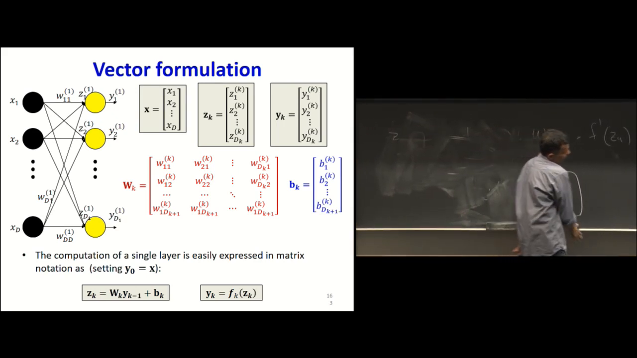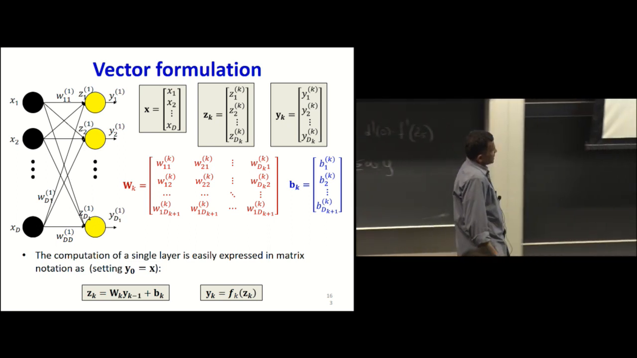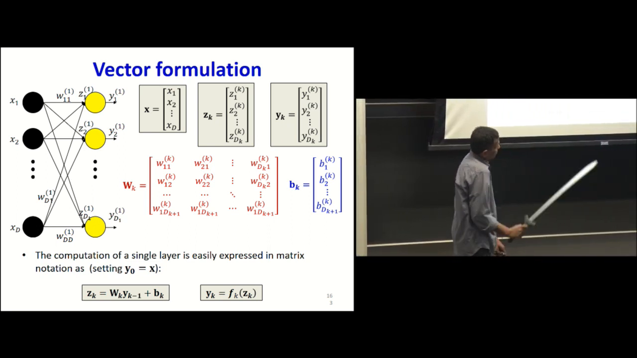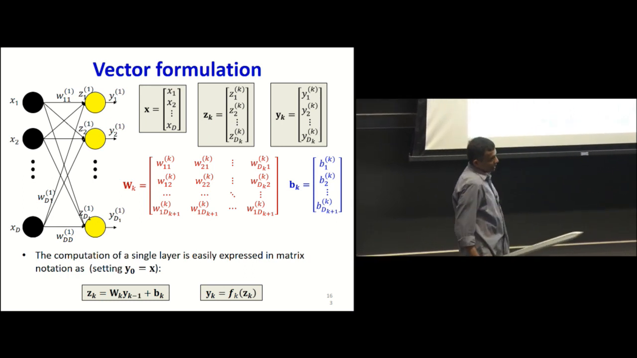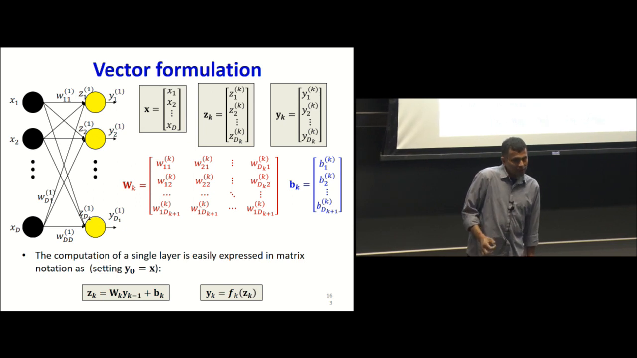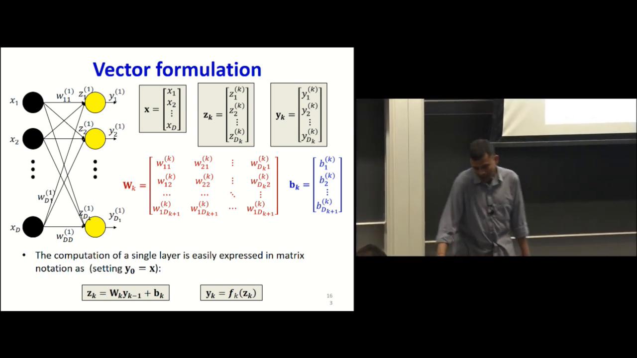In fact, I don't need to work it out. You will actually see that z equals the weights matrix times y plus b works out to the correct term, scalar by scalar. So what this really means is, if I'm